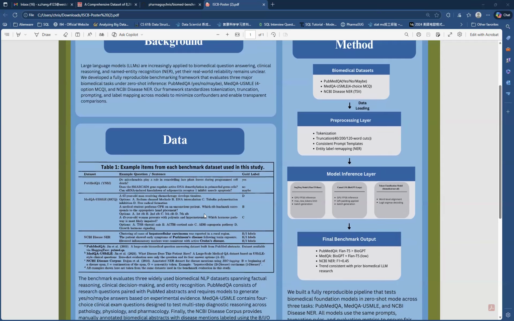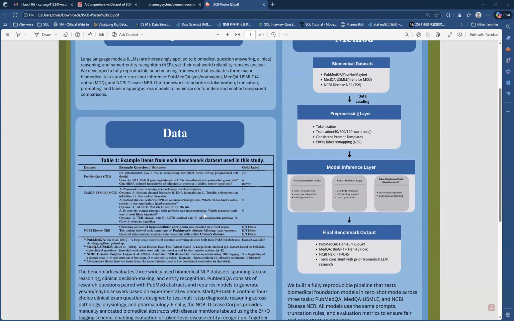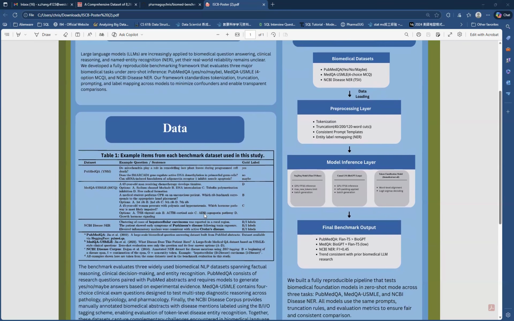Second is model inference. We test three models that represent three different model families. All models run strictly under zero-shot settings, which means there is no pre-training on the task. We also standardize max token length, padding positions, decoding strategies, and batch generation, ensuring the comparison is clean and